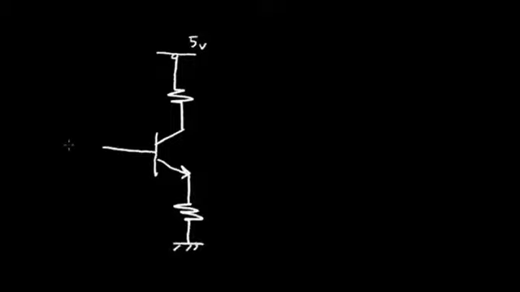And the voltage at the base I'll call V in. The voltage at the collector I'll call V out, V0. And let's choose some resistor values. I'm going to choose 2 k ohms for the collector resistor and 1 k ohms for the emitter resistor. And I'm going to set V in at